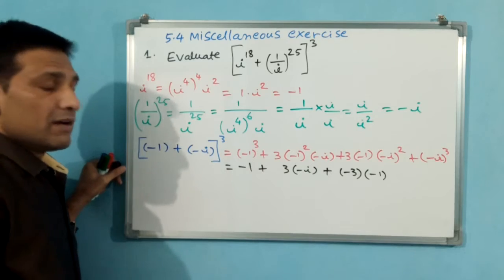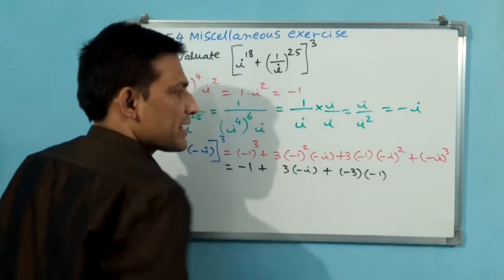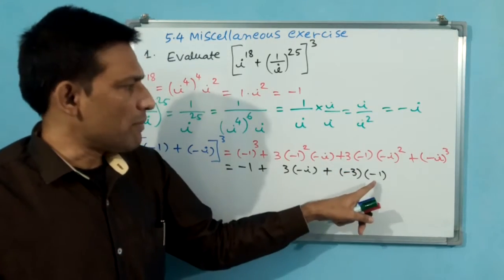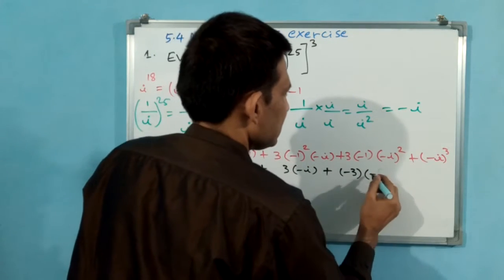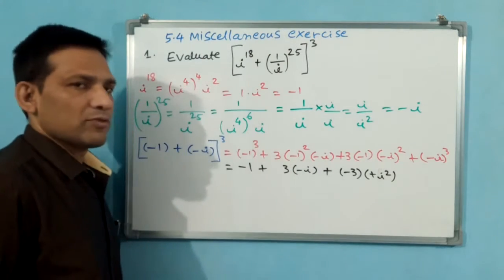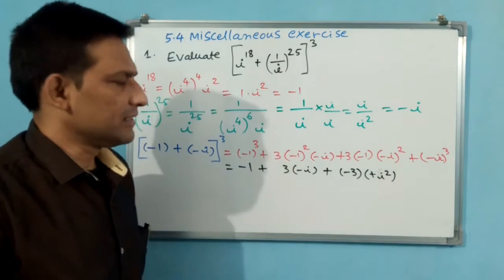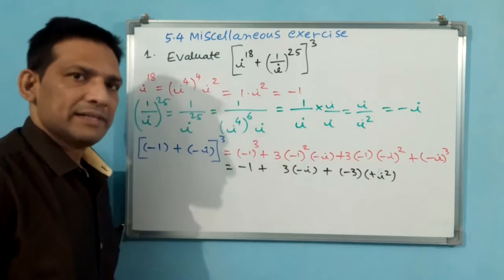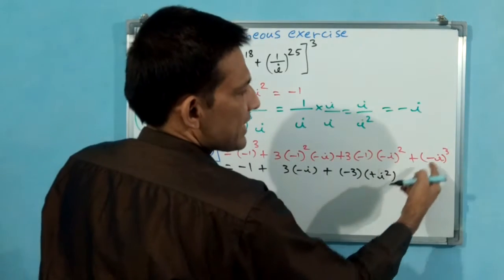Is it okay? But see here, not I square, minus I whole square. Minus I whole square means the minus also you have to square, I also have to square. Minus if you square, automatically I will write like this. Finally plus I square. You see, earlier the bracket was on top, now the square is inside the bracket. That is the difference. Minus I whole square is equal to plus I square, because minus squared, I squared, that's all. Okay, now you see minus I cube.